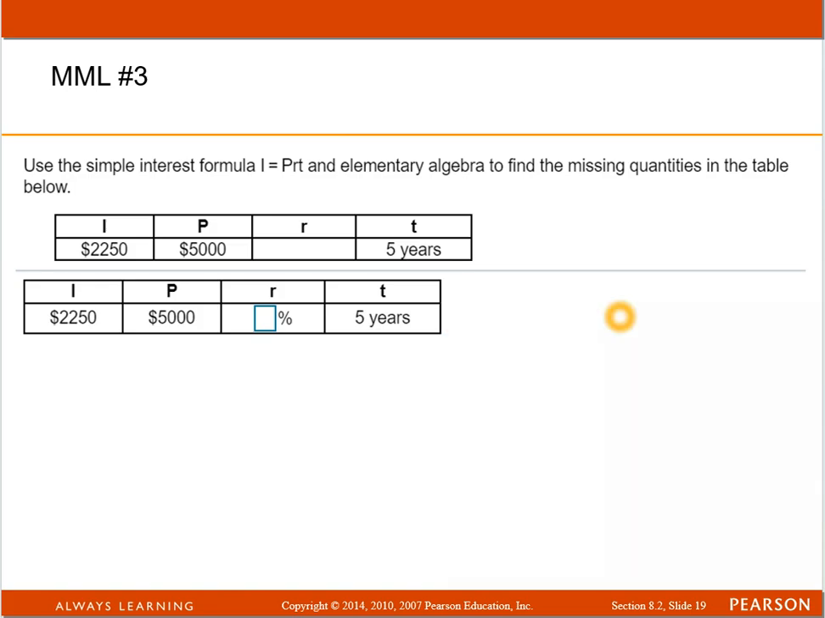All right, number 3, same thing. Use the simple interest formula and some elementary algebra to find the missing quantity. This time, I've got the I equals PRT. This time, they're giving me the interest. The interest goes right here,